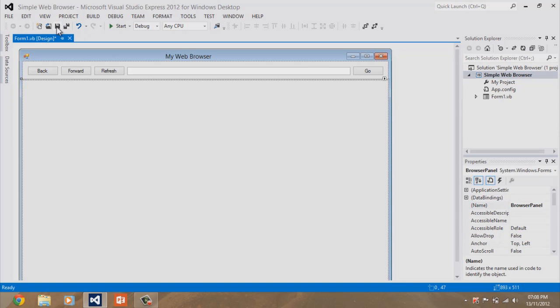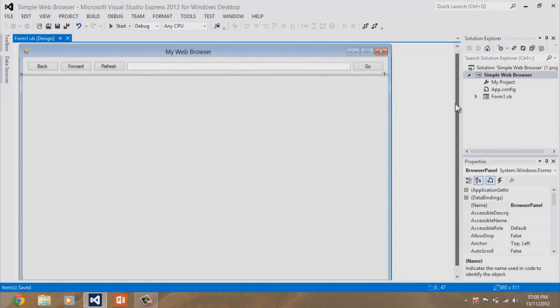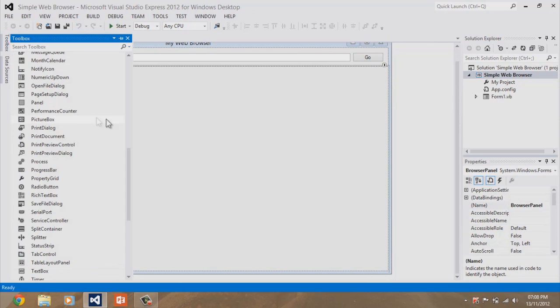Okay, so what we've just done is we've added the two panels, the control panel and the browser panel, and now we've added 4 buttons and a text box. So the back, forward, refresh and stop button, the go button, and then the actual text box where we enter our URL. So now what we're going to want to do is go to Toolbox,